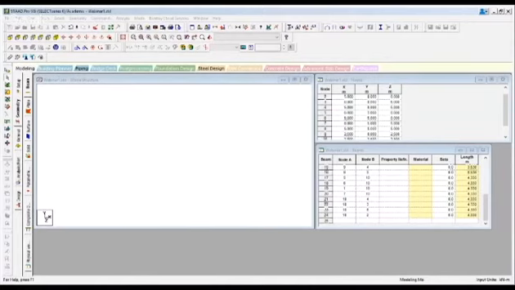Similarly, you will see member incidences. In member incidences, you will see 1, comma 1, comma 2. So what are these three numbers? The first is the member number, and the second and third numbers are the nodes which are joined by this member. And after every three numbers, we have a semicolon.